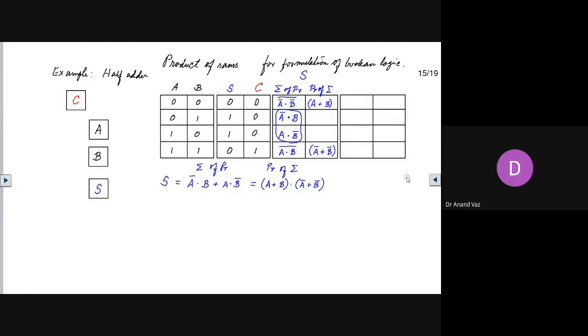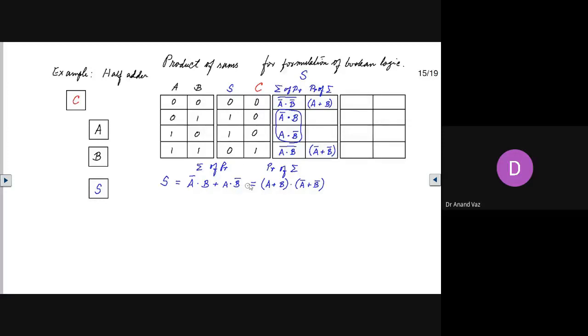Let us see over here. In the output, we had 2 ones and we had 2 zeros. So the number of zeros was equal to the number of ones, and so it really did not matter which option, either sum of products or product of sums, that we use to produce this circuit.